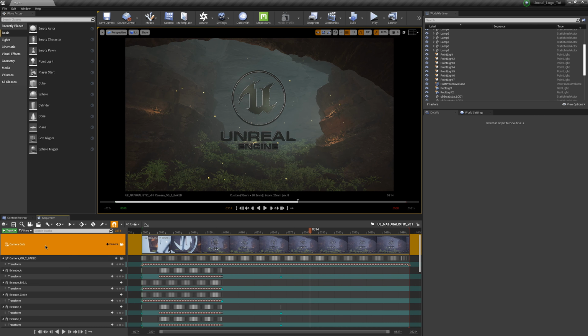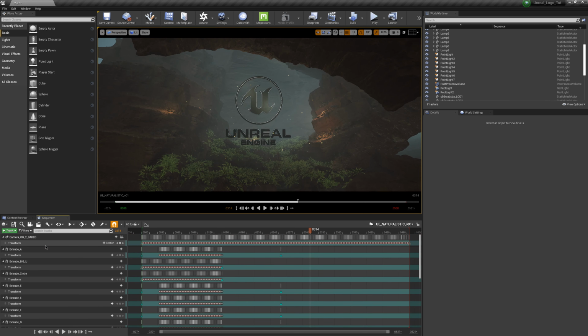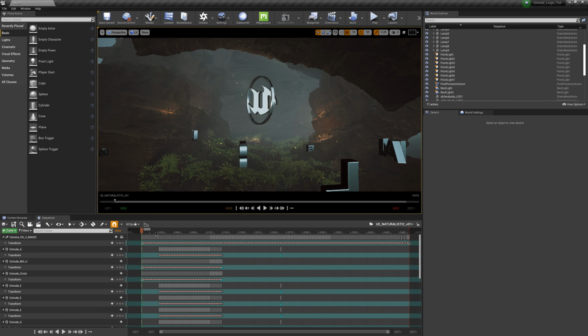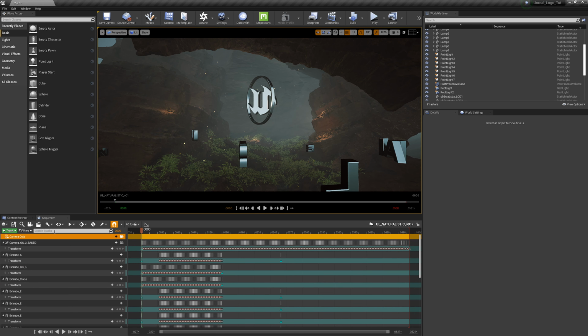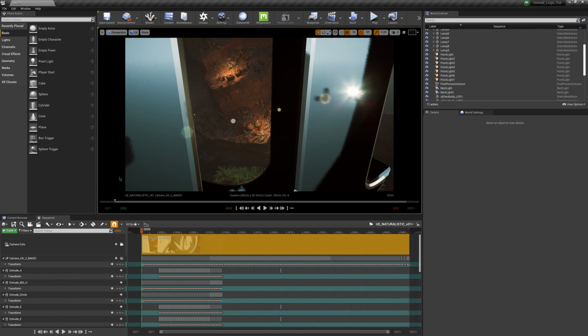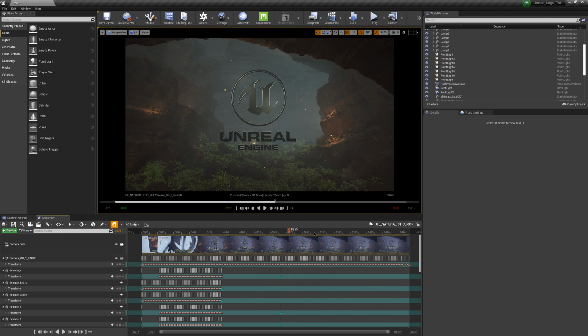Actually, I'll delete it so I can show you guys how to do it. So I'm going to delete this, make sure I'm on frame 0, and then come over here where it says track, and I'm going to add a camera cut track. And then from here, I'm just going to click on camera, then find my camera that I'm using in my scene. And now you can see it adds this track in here, which means now we can properly